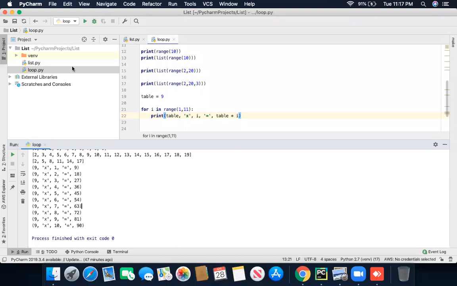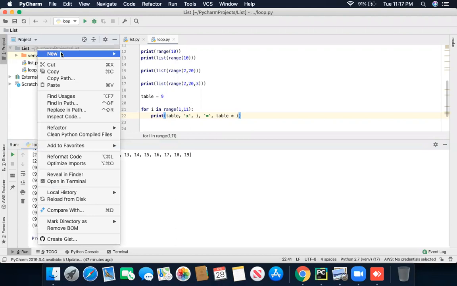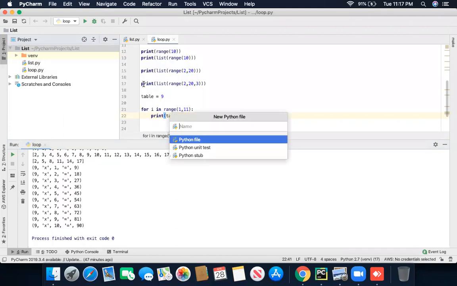Now we are going to make a new Python file. New, Python file.